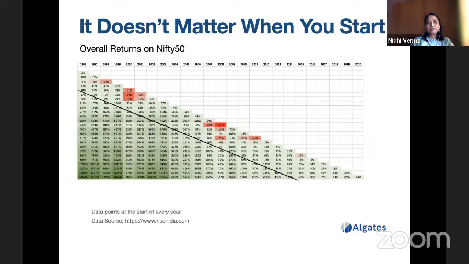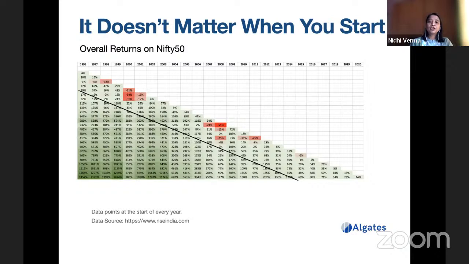If you see the red boxes, around the year 2000, 2001, there are a lot of red boxes. And then around 2008, 9, there are some red boxes. Around the year 2000 there was the dot-com bubble burst, and then around 2007-8 was the global financial crisis. So there you see you have three or four boxes where your returns are in red. And after that, as time passes and you cross 3, 4, 5 years in the market, your returns obviously come to green.